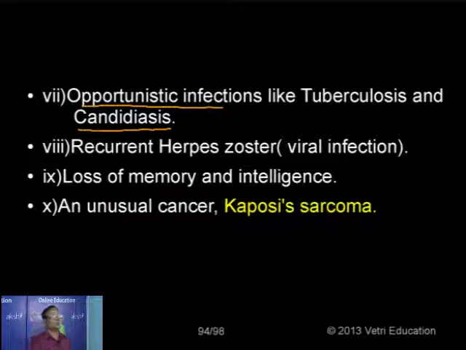So recurrent herpes zoster, the herpes varicella zoster virus we have. Normally the varicella virus causes chicken pox. We have the blisters all over the body. That is a symptom of chicken pox. But in the case of herpes zoster, a kind of viral infection, we have